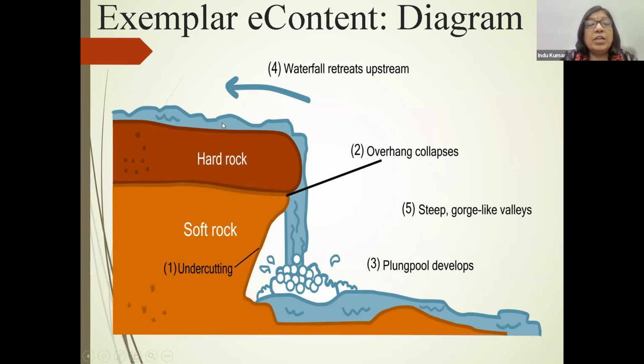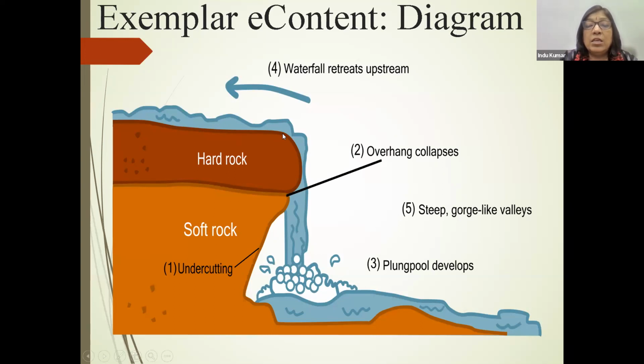When the pressure of water is very high on the hard rock, it collapses. That is why we can see a lot of broken stones beneath a waterfall. So in a few minutes, the formation of a waterfall has been explained using a diagram.